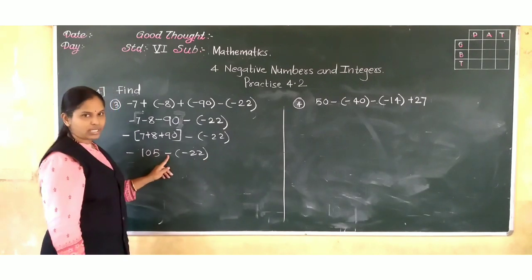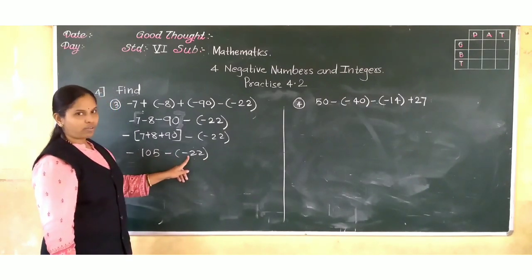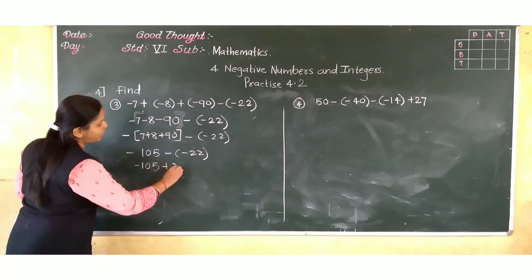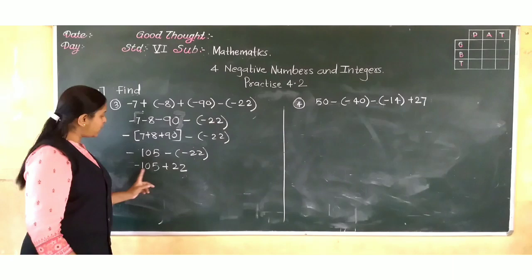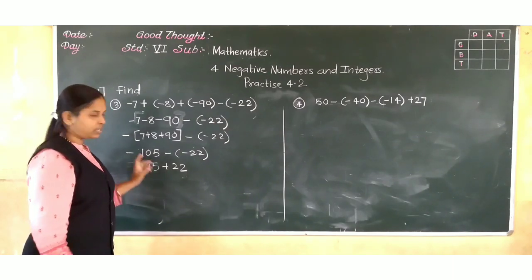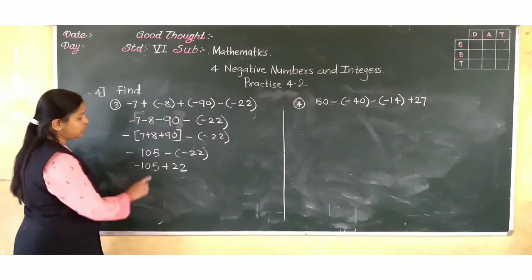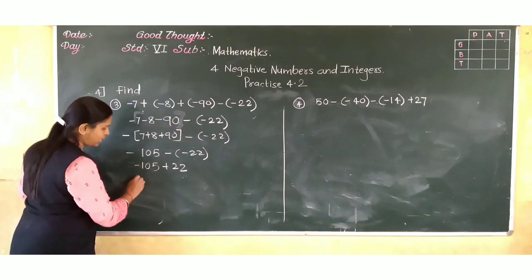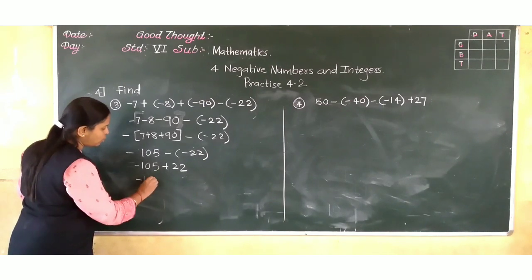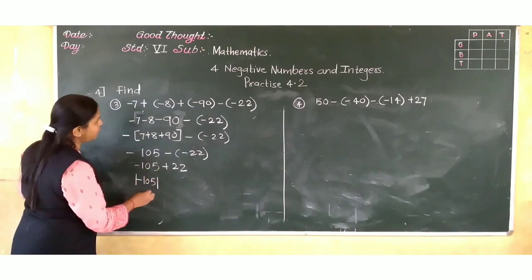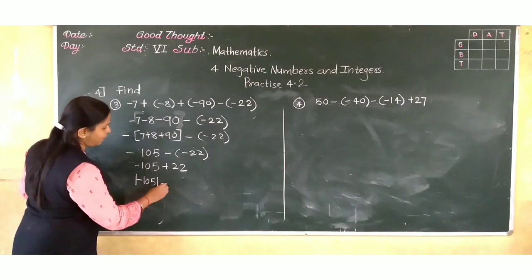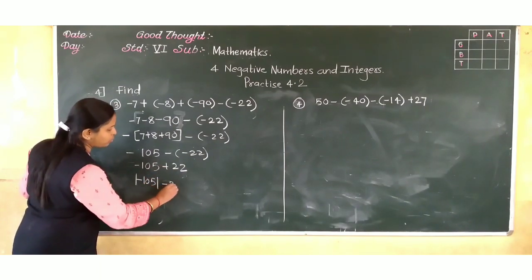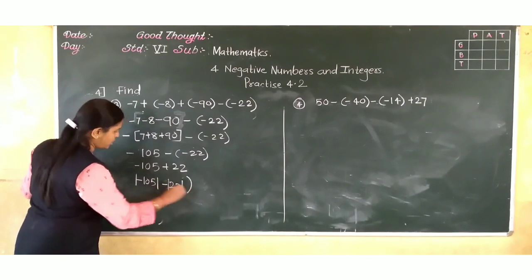Now as subtraction is there, take additive inverse of this. It will be minus 34 plus 22. Now here see both having different sign. So take absolute values. This is greater than this. So answer will be negative. That is absolute value of minus 34, minus, as the different signs are there, we have to subtract absolute values.